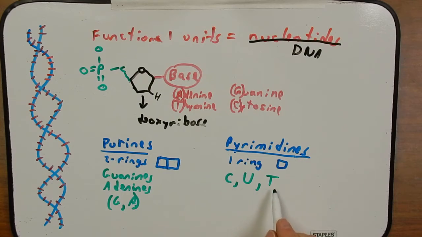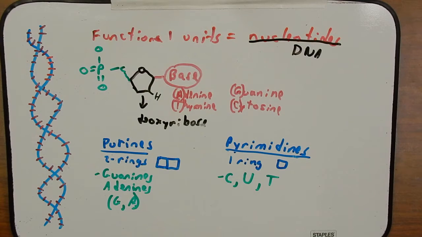And the reason why I always put them in this order is because it helps me remember that CUT are pyrimidines. And this sounds a bit corny, but when I was a student, I memorized things in weird ways. And I always think of a pyrimidine, I think of a pyramid. The top of a pyramid looks sharp. And so you could imagine you could cut yourself with it. So that's how I've always remembered that cytosines, uracils, and thymines are pyrimidines, because the top of a pyramid could cut your finger. That's a little embarrassing to admit, but that's how things roll in my mind.